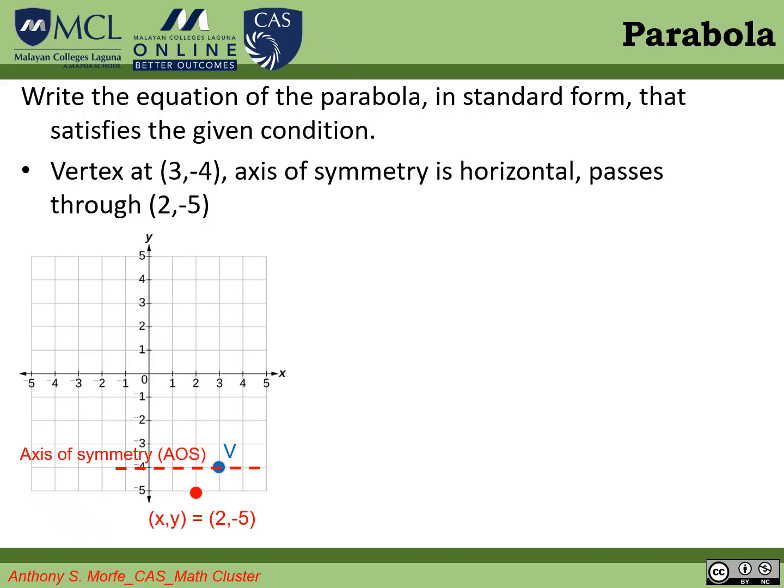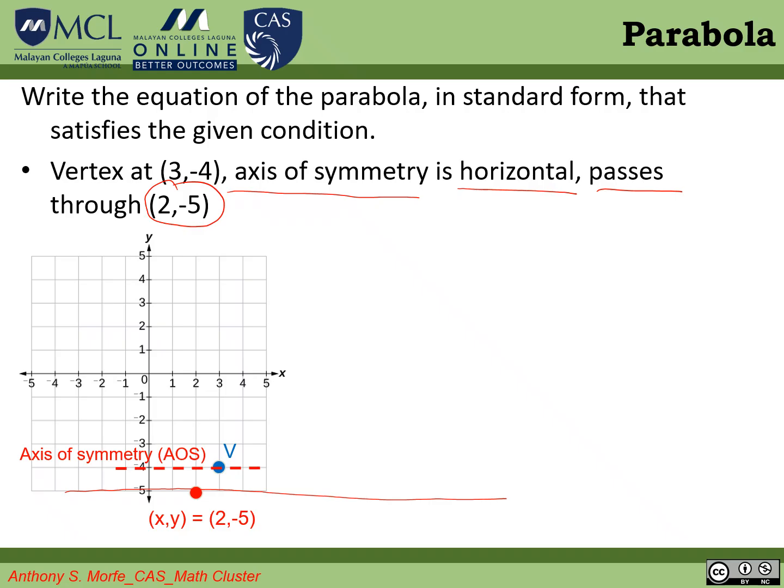So horizontal. That was just an initial estimate. So our axis of symmetry is horizontal, passes through this point, coordinates (2, -5). So this is the correct axis of symmetry. So this is the vertex. If there's a vertex, class, where do you think the parabola is opening?